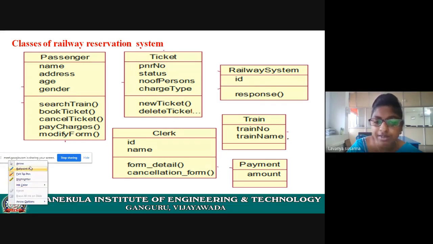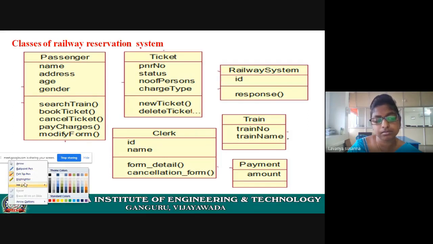See, already I have given an assignment to you. I don't know whether you are doing it or not. You have to upload it later. I will intimate the time, okay? For 5 applications, take any 5 applications on your own and draw the class diagram. First, identify the classes and then draw the class diagram in your notes.